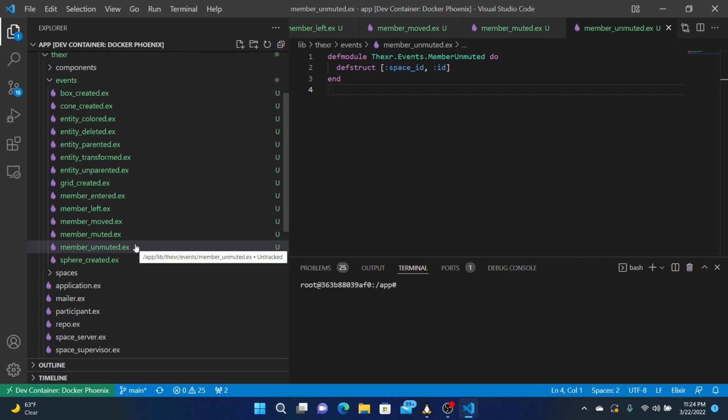Now, apart from moving, it might be good to know whether they teleported. That way you could play a different kind of animation.